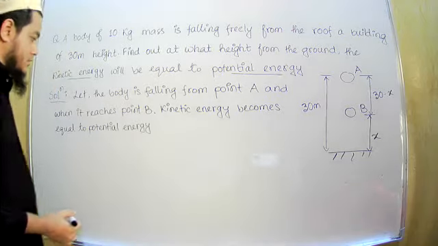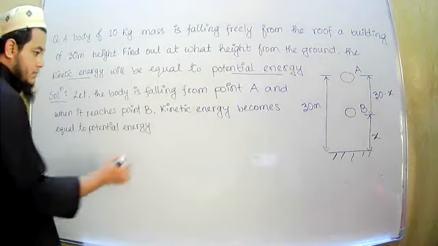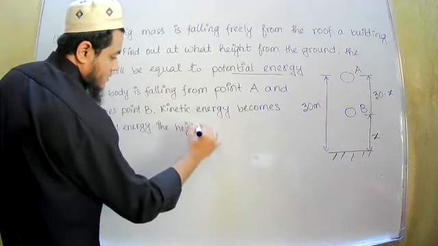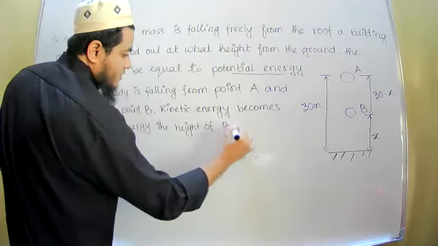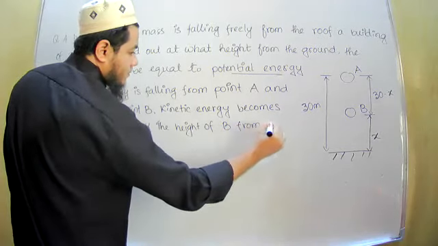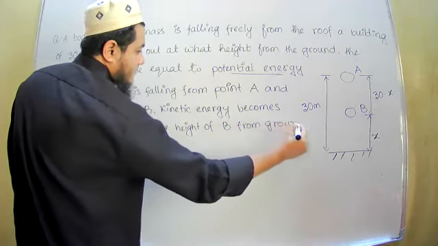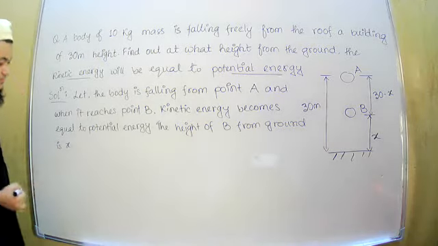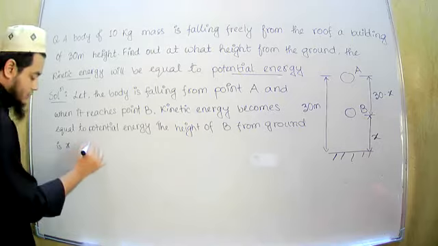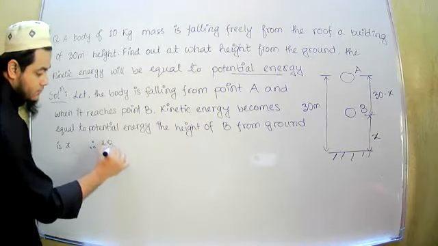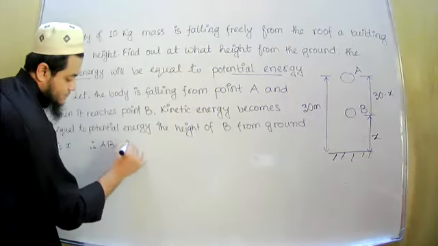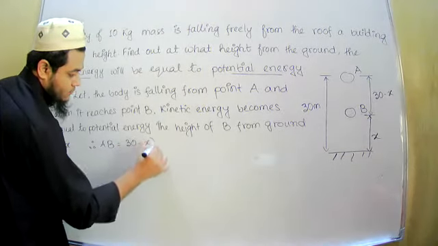The height of B from ground is x. Okay? So AB, that means from A to B, it is 30 minus x